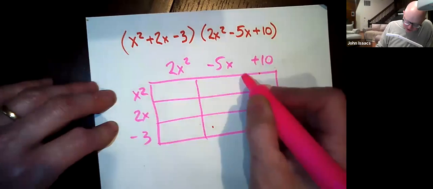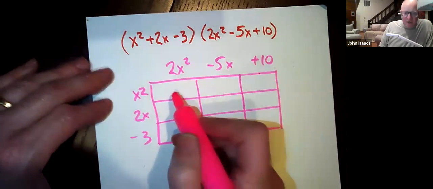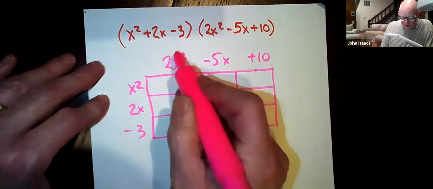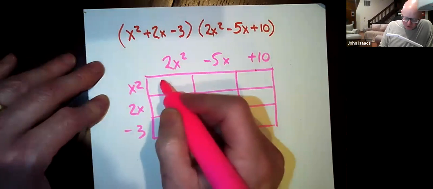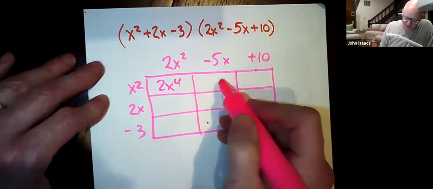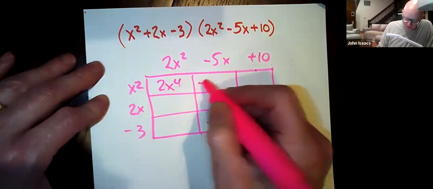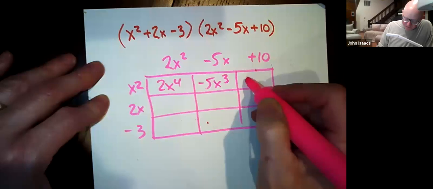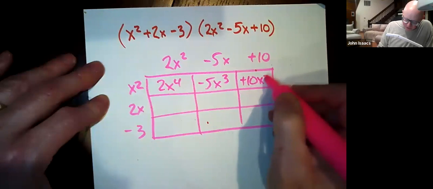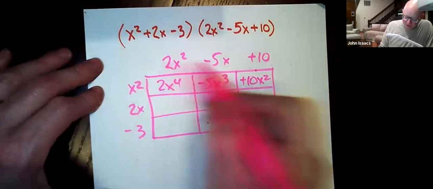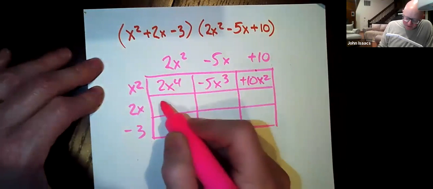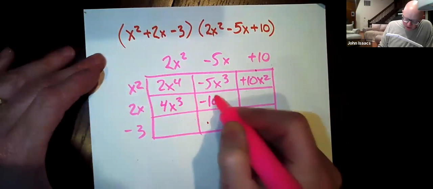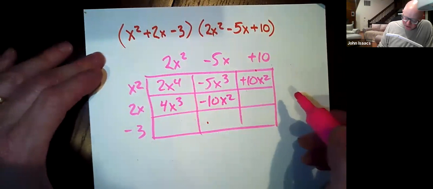So it's kind of like a tic-tac-toe board. And in each square, we're going to do the product of the thing on top and the thing on the side. So this one gets 2x to the fourth. This one is negative 5x times x squared, so negative 5x to the third. This, we're multiplying 10 times x squared, so this is plus 10x squared. Now, in this row, we're going to multiply these three things by 2x. So we get 4x to the third. We get negative 10x squared. We get